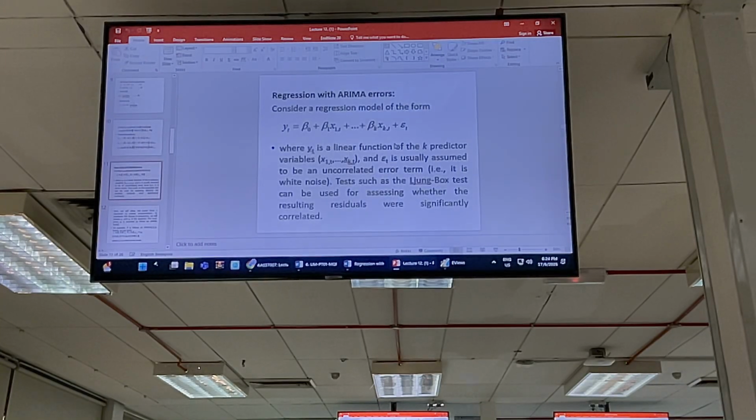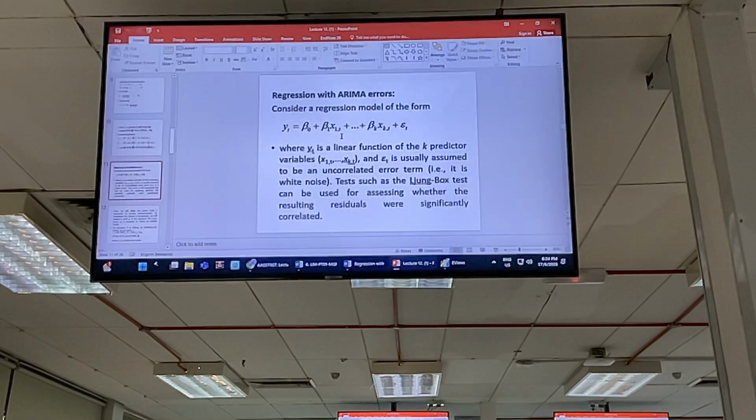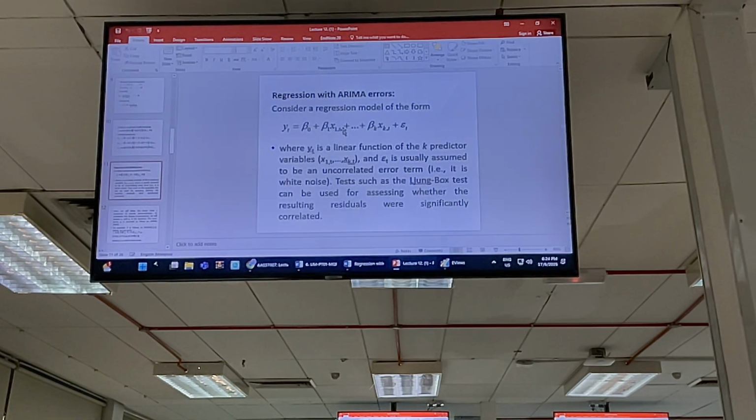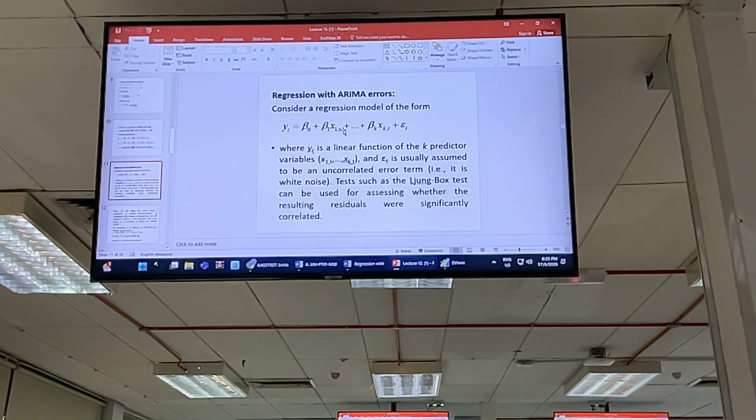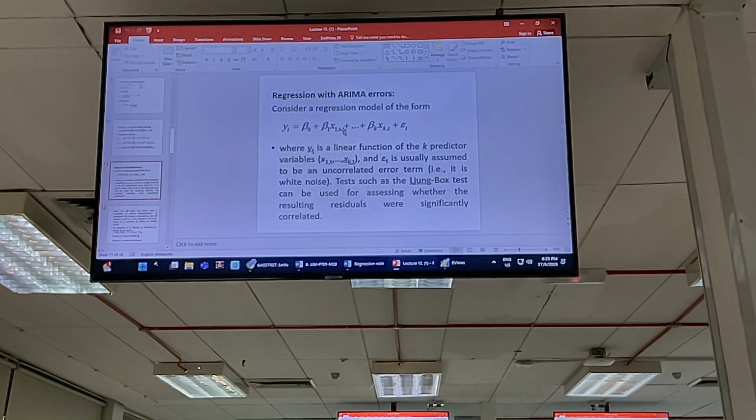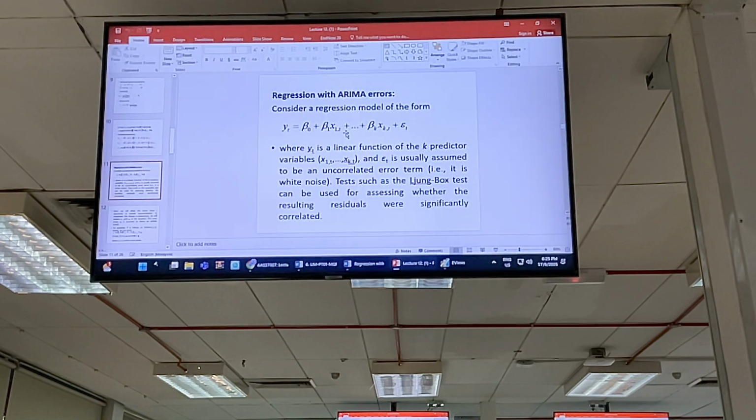If the series is heavily influenced by other factors, then it's not really useful. I mean, you can use it, but for long-term forecast, it will not produce good forecast. Okay, although you can, you cannot expect that model to produce very accurate forecast for many steps